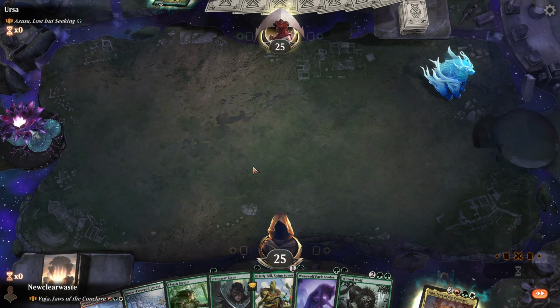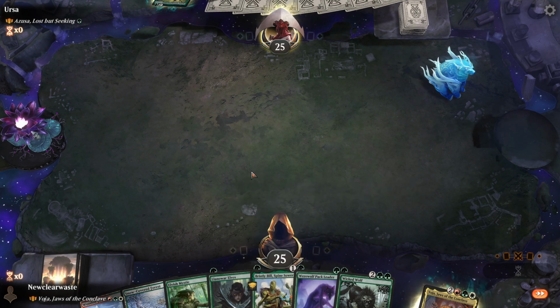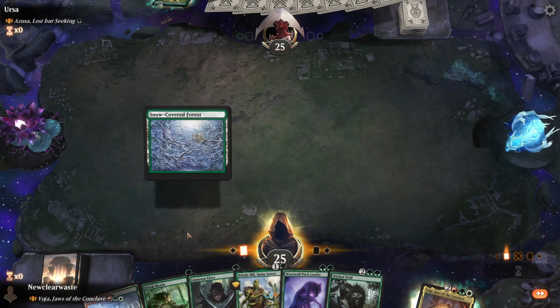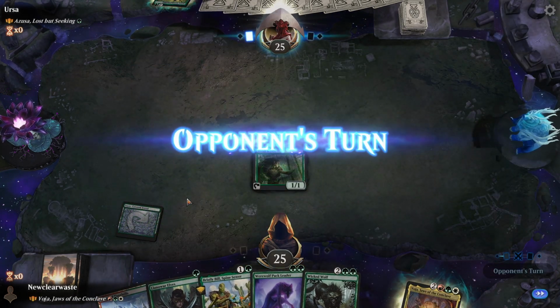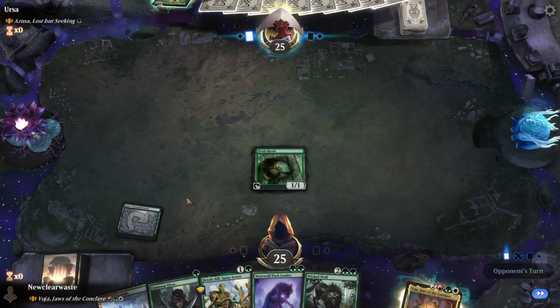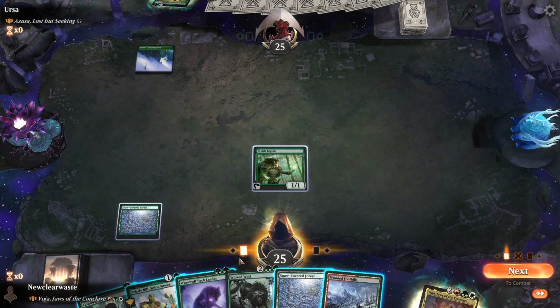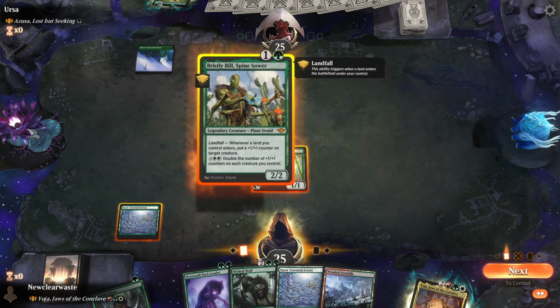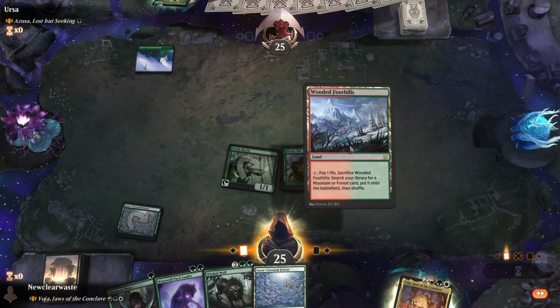Alright, we get to go first as well, so we can go turn 2 Bristly Bill. So I think that's what we do here. We just get down a Mana Dork, set up our potentially 3 mana turn next turn. Drew a land, that's sweet. Okay, so let's get Bristly Bill down. Let's...